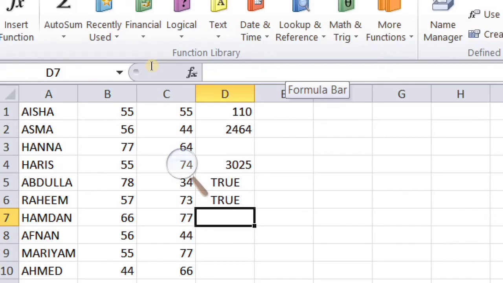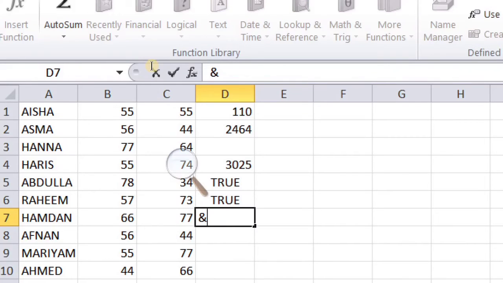The text operator used is the ampersand. It connects or joins two text values to create a single value.